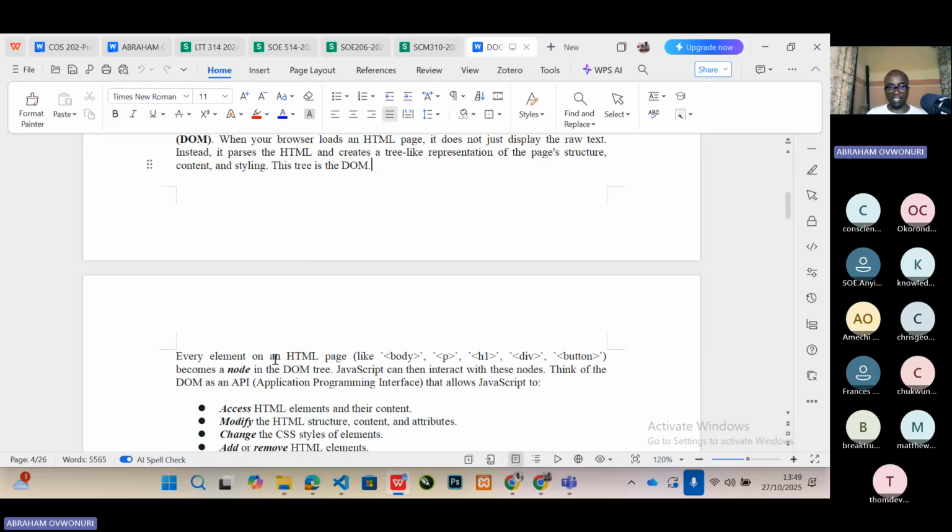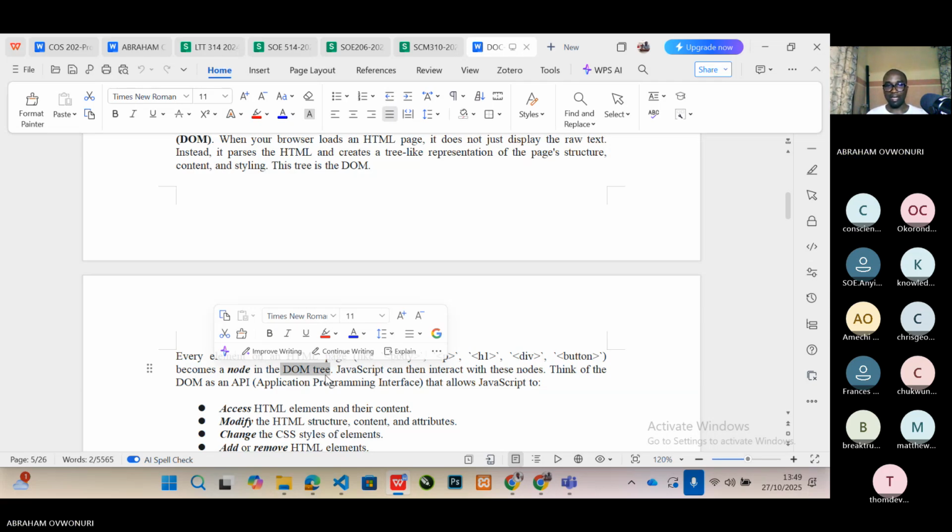Now, every element on an HTML page, like the body tag, the P tag, the H tag, the div tag, the button, becomes a node in the DOM tree. Remember, we said that when an HTML page loads, it does not just display raw text. What it is displaying is